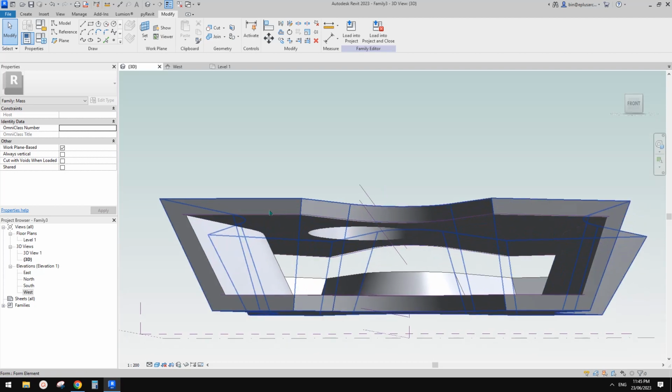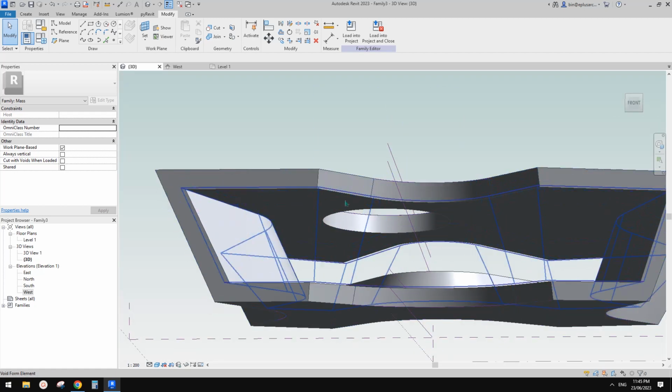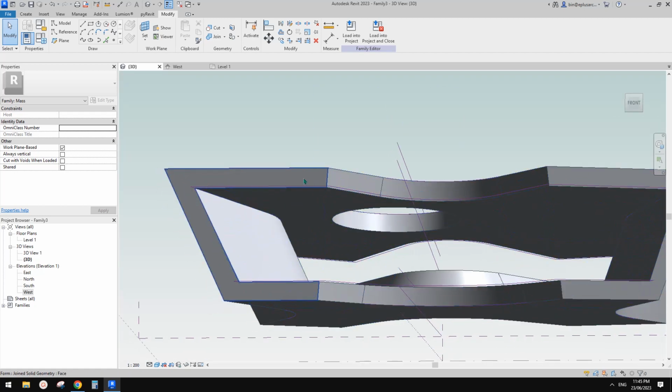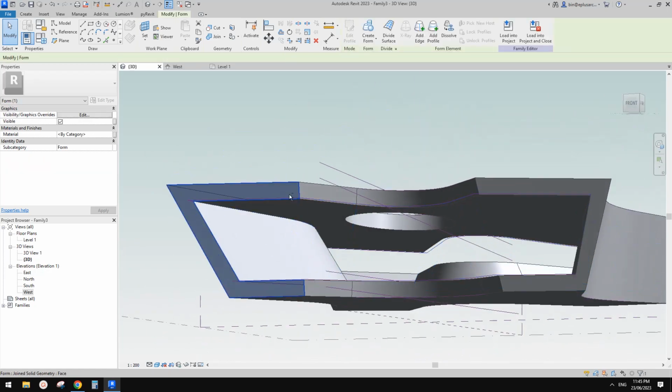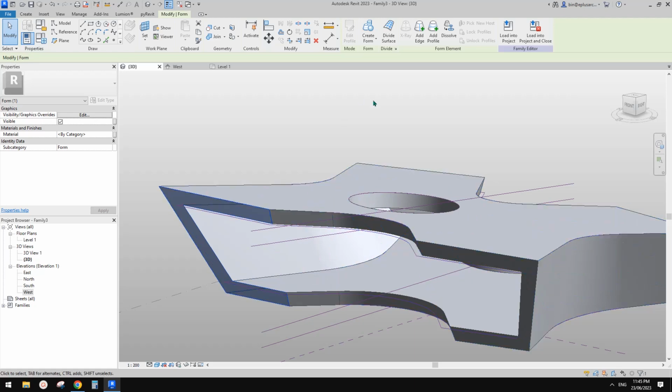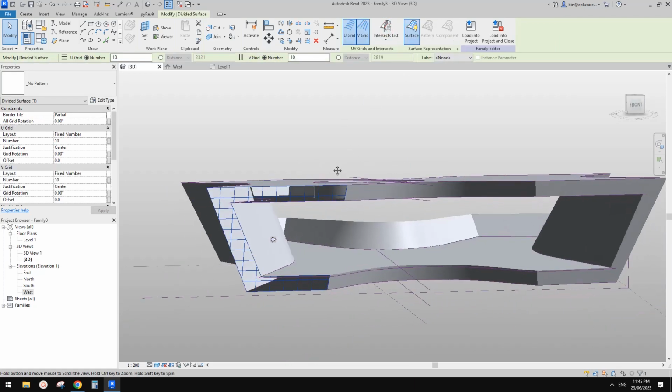We can use a pattern-based family. So basically what we need to do here is to select this surface. Try to use the tab until you can pick a face here, and then you can use divided surface. Once you do this, you can